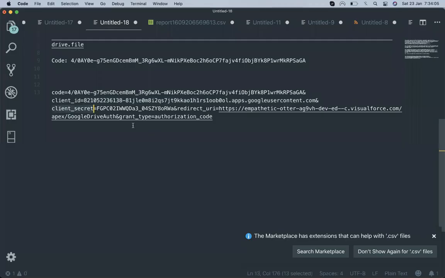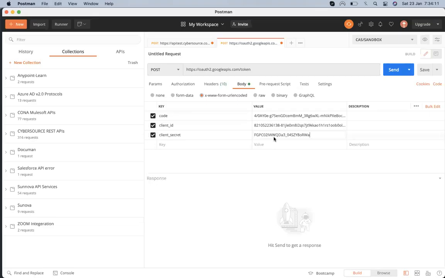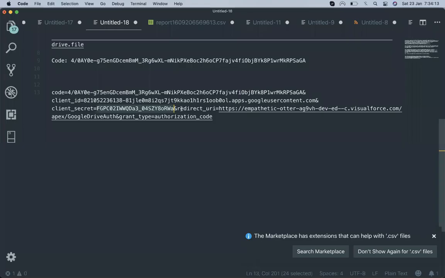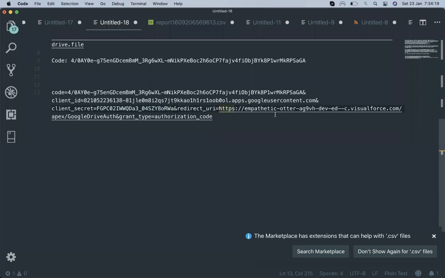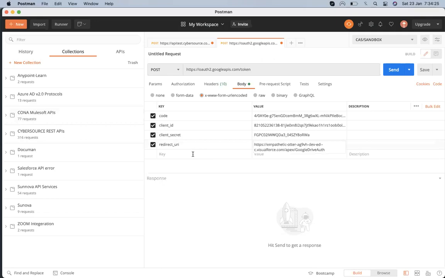Always remember these steps. These are the most common steps, and you will use them at every place. If you are working with a different API or different authentication, only the values change, but the steps remain the same.